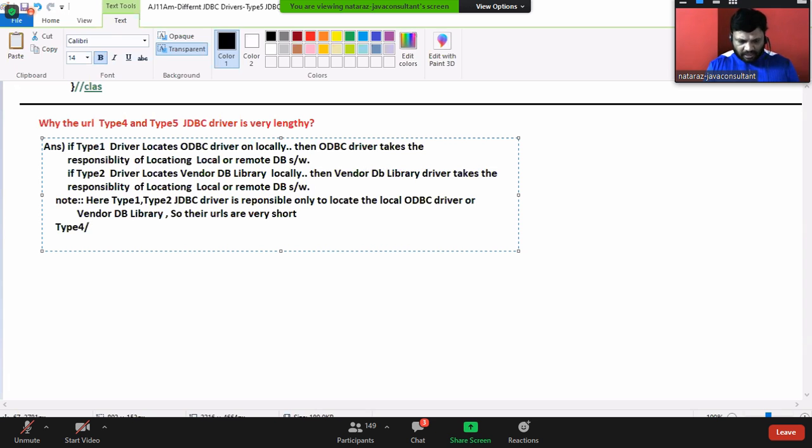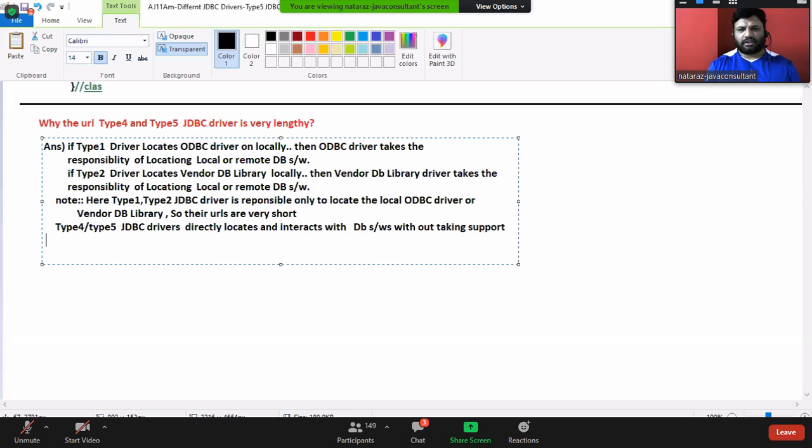Type 4 and type 5 JDBC drivers directly locate and interact with the database software without taking support of any other components.